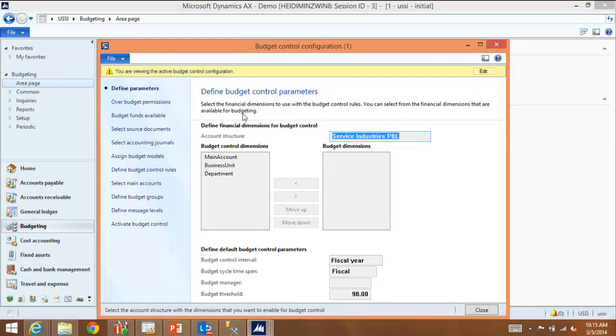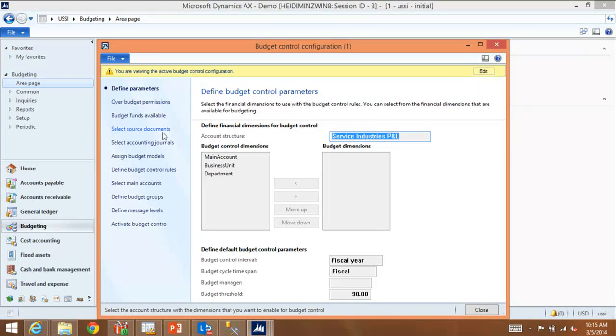And so I already have this set up and enabled, but just to highlight some of the capabilities that you have here: you can determine which dimensions that are part of your account structure you want to perform a budget check against. And you can see I have all of them selected that were in my actual account structure, which was main account, business unit, and department. I can also specify for which combination of main accounts or dimensions I want a check applied. For instance, I might not want to check budget on every single expense account. I may only want to restrict it to entertainment and travel, the things where budget may be abused.